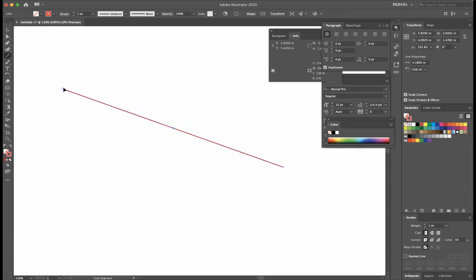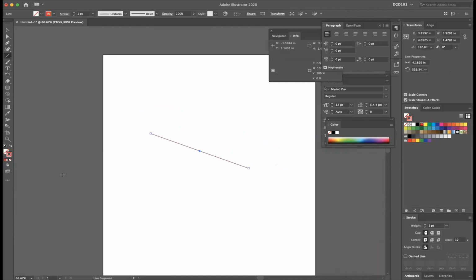The only way that you can do that, let's say I do a rectangle. Let's say this is the roof line. I'm going to copy and paste this, and I'm going to reflect this so that it's going the other way, but at the same angle. So I'm going to go to my reflect tool, and that's a little bit more advanced too. That's under your rotate tool, and it looks like a reflection. And if I double click on that